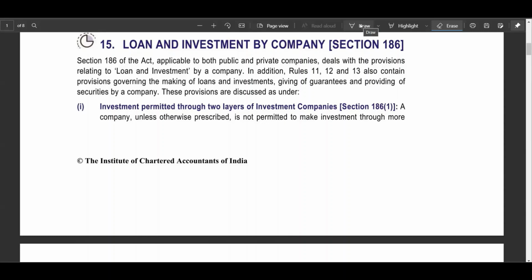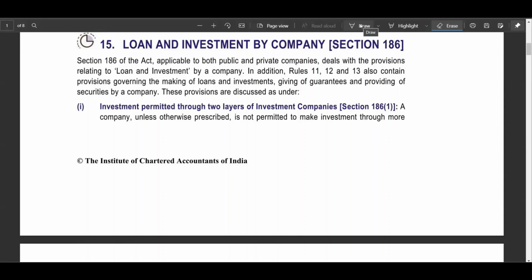Plus one more thing, 186 subsection 11 talks about the non-applicability of the section, except for 186 subsection 1, which basically tells us that a few companies, that is insurance company and banking company, can in the ordinary course of business provide loans and investments without conducting any procedural part that is given in section number 186. And that is the brief of this section. Plus we are going to do this in very much detail, and you'll be able to realize that now your understanding is better than the earlier ones.